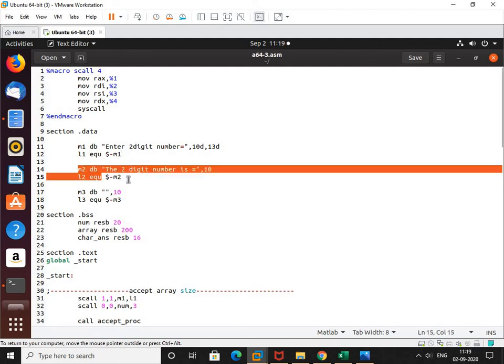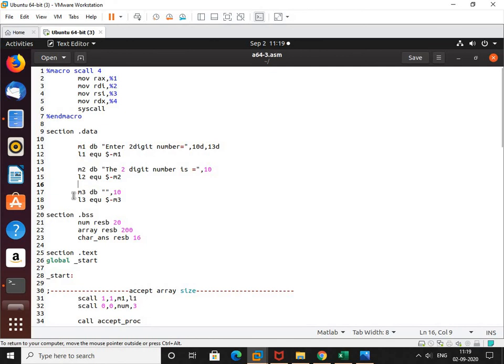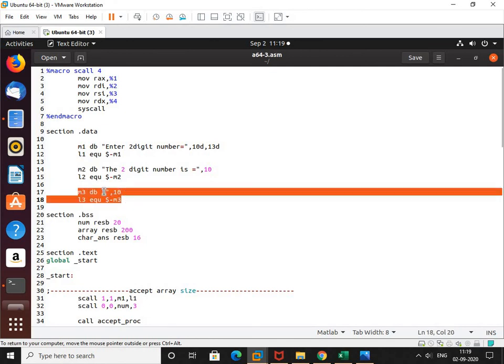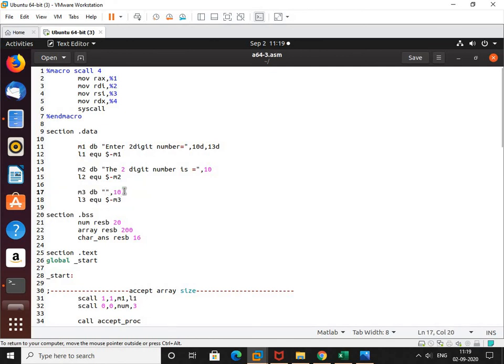In the similar way, I have declared the second message which is stored in M2 and calculated the length in L2, right? In M3 and L3, I have declared a space, so that a space will get displayed after displaying the numbers. Okay.